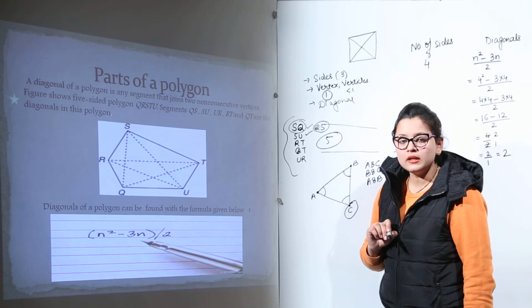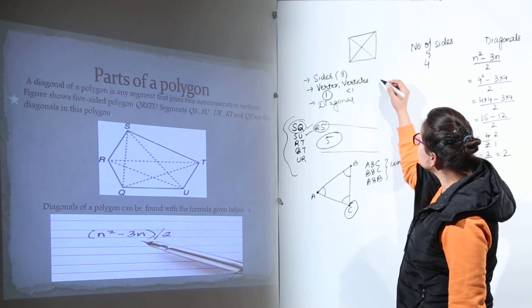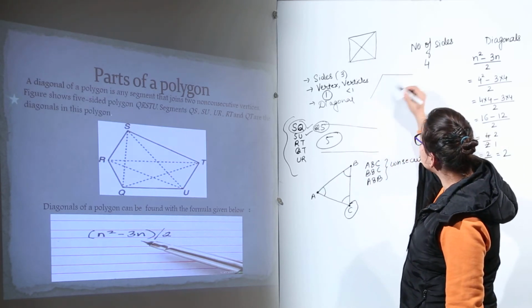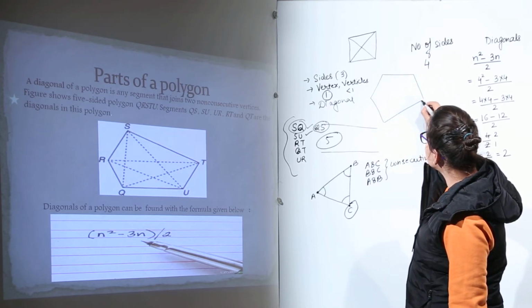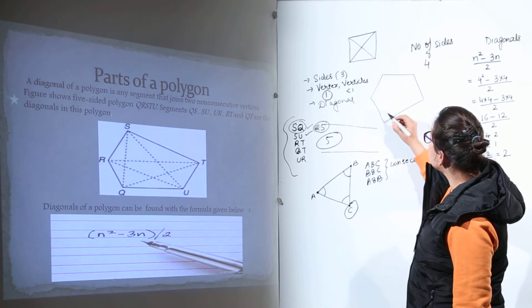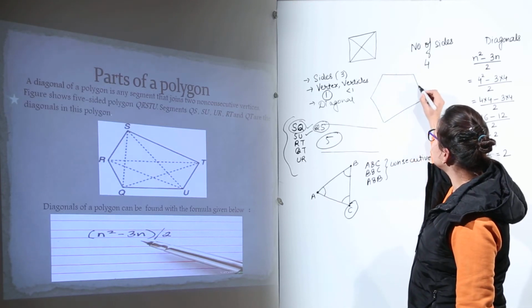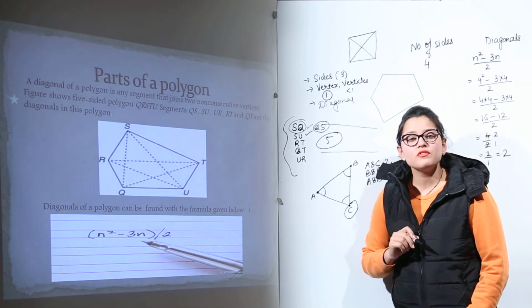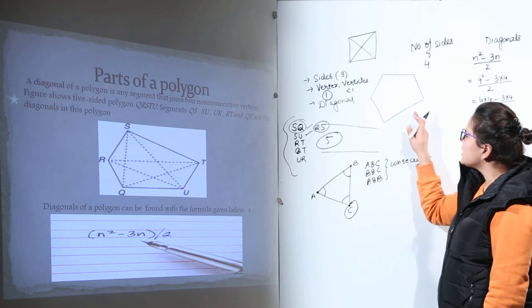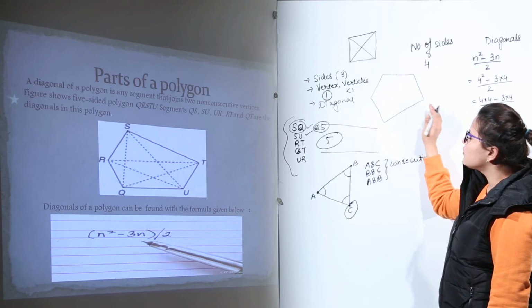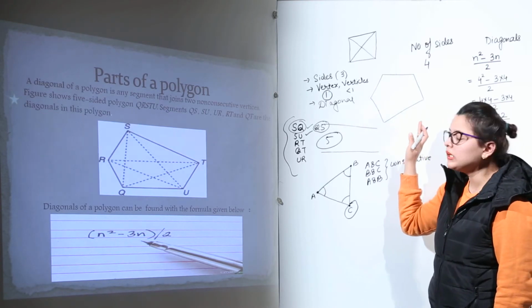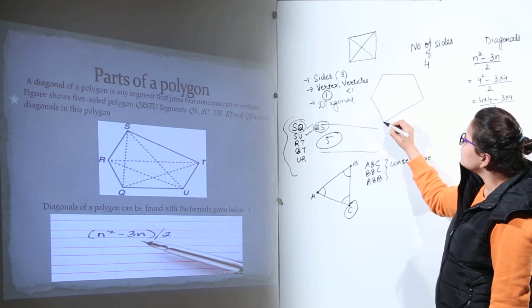That is done. Now let us try for any 5-sided shape. Now I am drawing a 5-sided figure. This one. Let us check 1, 2, 3, 4 and 5. Now this shape is having 5 sides. Now for 5 sides, how many diagonals are possible? For 5 sides it would be the same. We will check it with the formula later on, but let us first try and draw it.